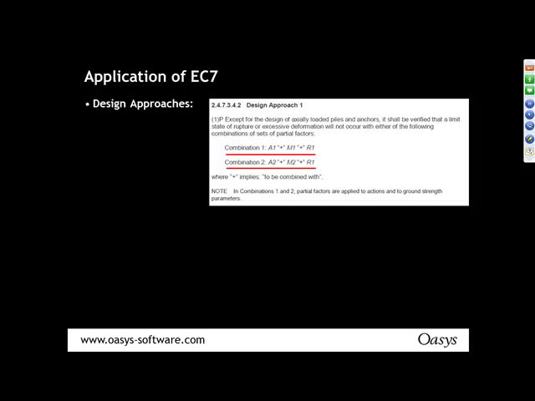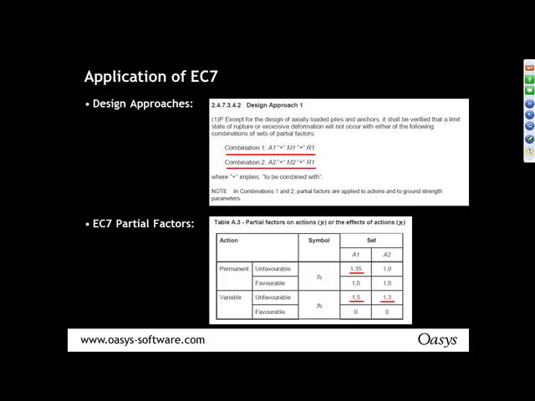So the way EC7 works is that it asks you to factor a combination of actions, materials, and resistances. And you find your worst case and use that for your design or your ultimate limit state design. So this table just gives you an example of the partial factors and effects of the partial factors on actions. So Frew has these pre-inputted, and you can just run an analysis and quickly click a button